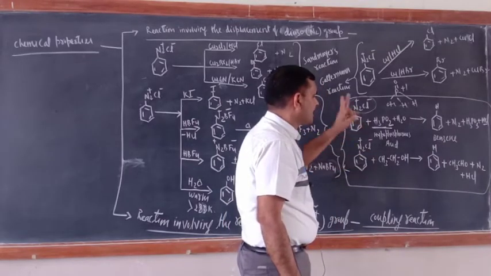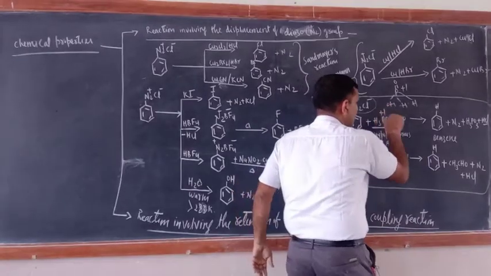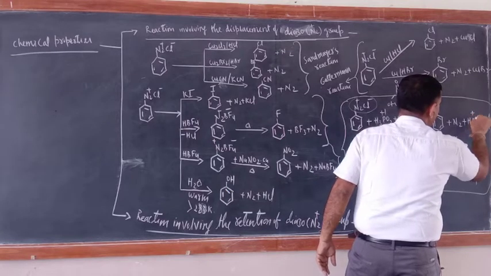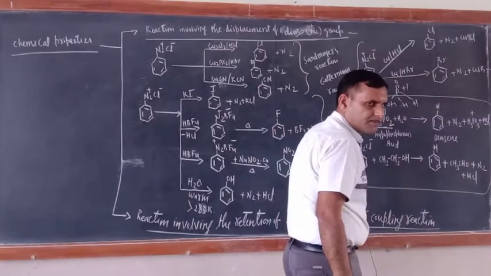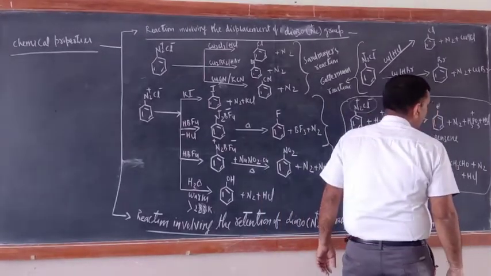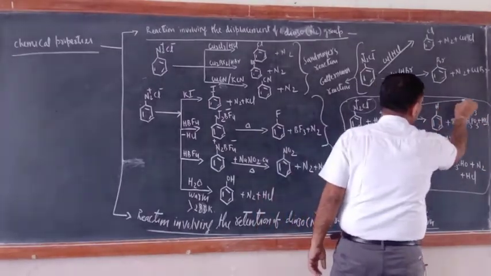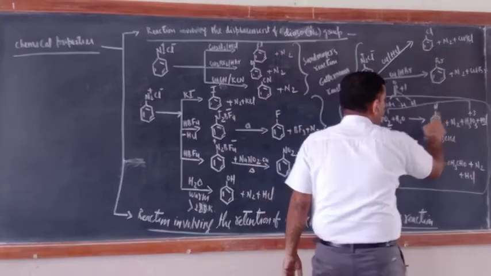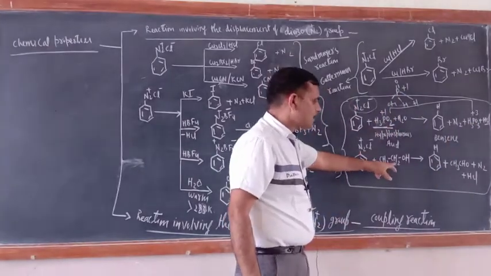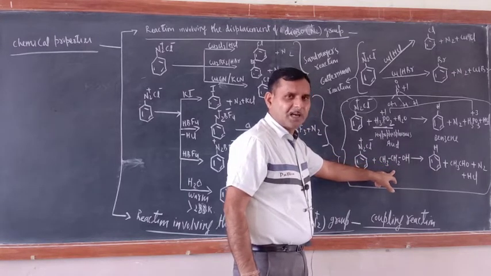Now try to understand here. This is the reducing agent and here the oxidation state is +1. Now what is the oxidation state here? H3PO3: what is the name of this product? This is phosphorus acid. What is the oxidation state of phosphorus? +3. So +1 to +3 is undergoing oxidation. Hence this is the reducing agent. Correct? Now the same is the case: what is the oxidation product of ethyl alcohol? Ethanol, ethyl alcohol.